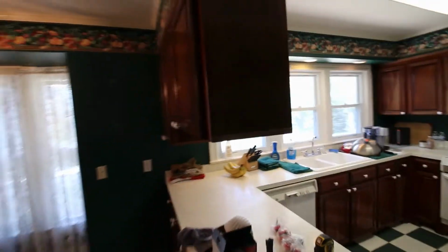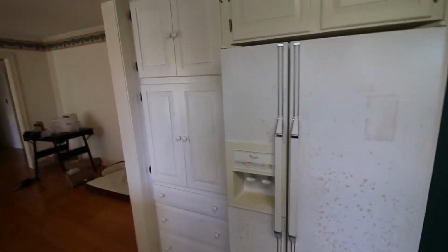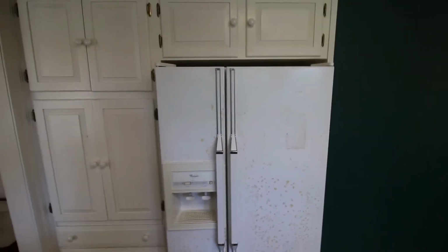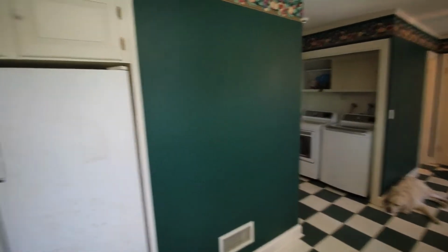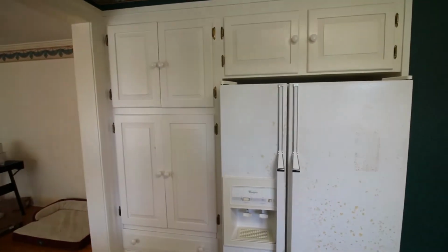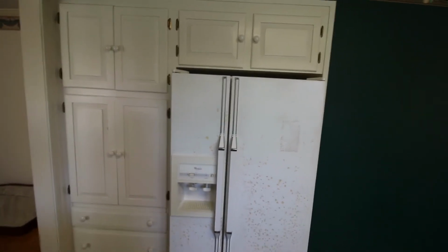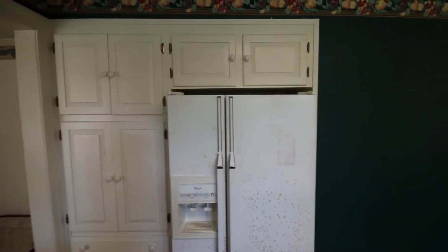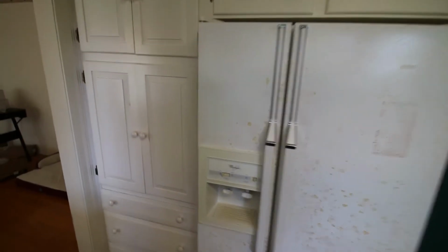All right, obviously this will come down. Now, what I want to show you on the other side comes into play now, where that closet is right behind the refrigerator and these cabinets. So when we open up this closet, or the pantry closet here, we can open up this wall here, and then we will use that space that is currently used as a closet in the family room. We'll bring that back into the kitchen where it belongs. So all this will push back. And then this wall here